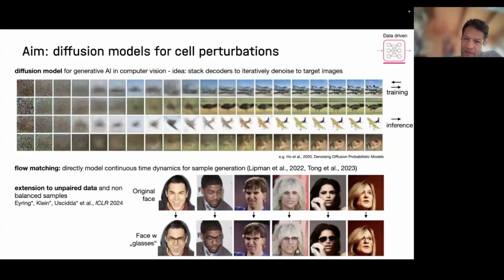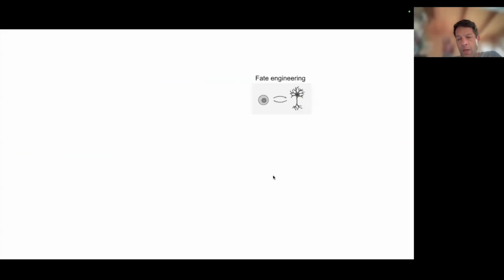And a bit of a challenge in our field is that we don't have these matched images of with and without, but we just have a whole bunch of different people, and we need to add classes without knowing what the matched person is. Typically, whenever you have a cell under perturbation or not, you have it just once, because the cell is dead afterwards. So you need to do a distribution type of matching, and we use some version of optimal transport for that. But in general, the question is: how can we do flow matching for cells? So this is our idea.